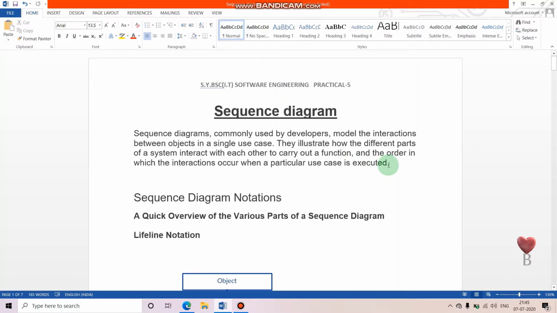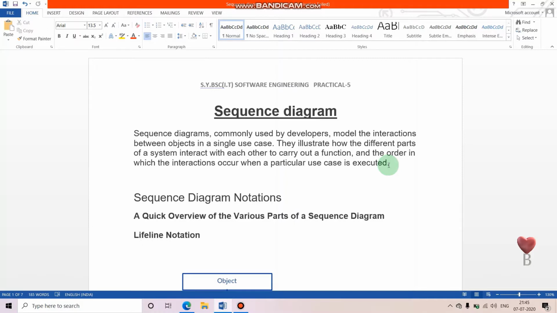In simple words, it is a diagram that is used to illustrate the different parts of the system, the interaction between those different parts, and the sequence of steps that need to be performed to get some output done. Okay, so this is all about sequence diagram.